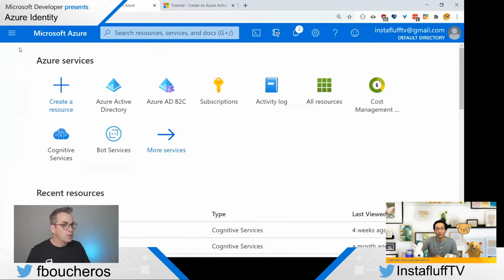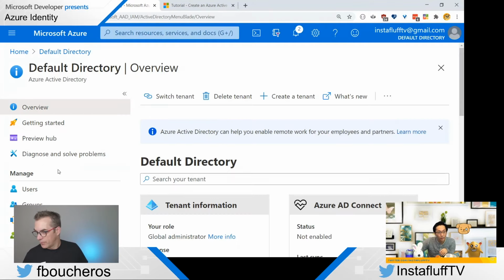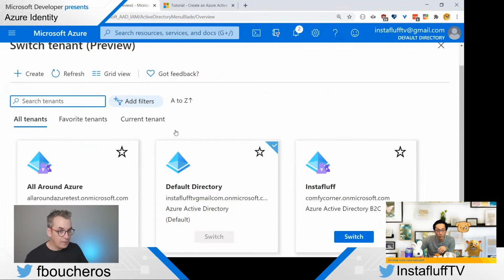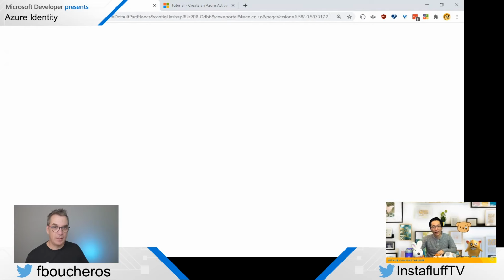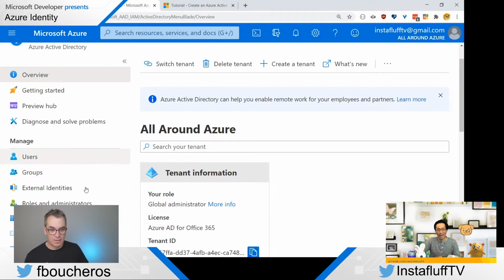Oh. So are you in the good... okay, so you need to select the button. So in the top right corner, that's why. Okay. From the top right corner, if you click that little... I need to be on the all-around Azure tenant. Exactly. Oh, it wasn't selected right. Yeah. I got it. I had to switch tenant.